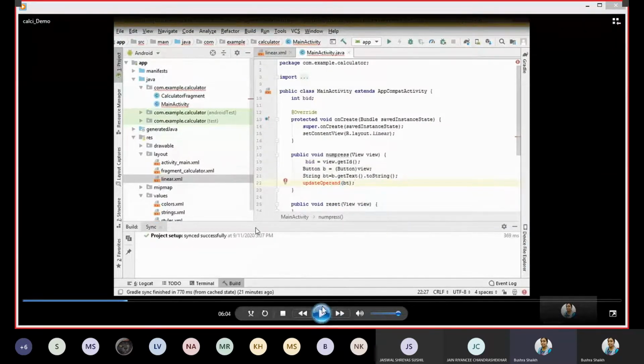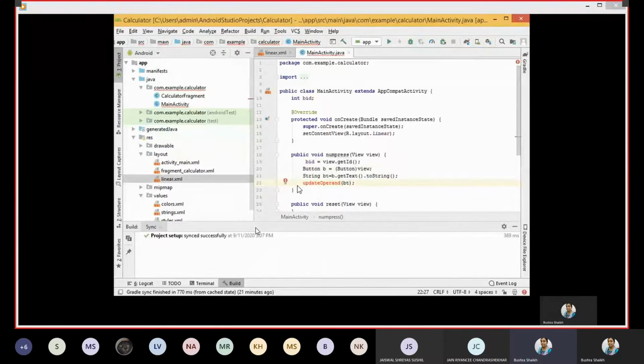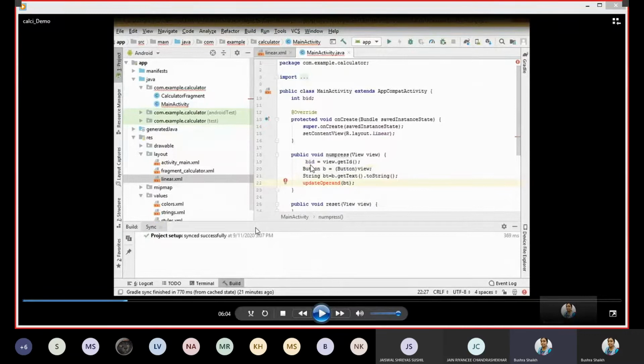So because after getting these captions or labels of the button, I need to set my operand. But if I do so, this method would become very lengthy. And this way I'm trying to demonstrate how to write modularized and neat code, wherein you can easily trace your logic as well as debug it. Okay, so now what I'm supposed to do is pass whatever caption I have fetched inside the BT to one more method, which is updateOperand.